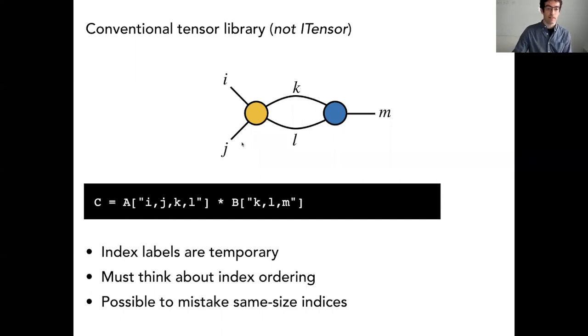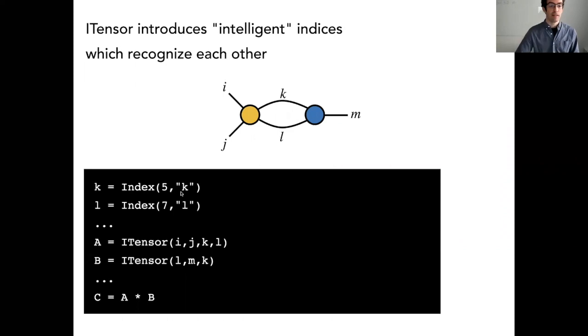They live on the indices, and they're made for you. So you don't have to come up with names for everything. You just make the indices. You can still put labels if you want to print things out and see the names of things, but you don't have to. Even if you don't put a name here, you leave it off, there's an internal name. It's like a unique ID number that always gets generated for every index.